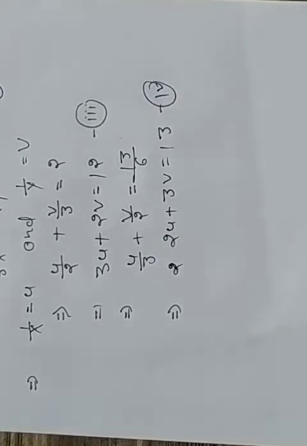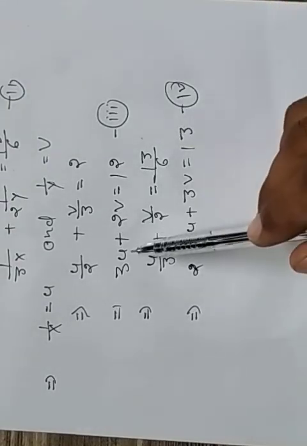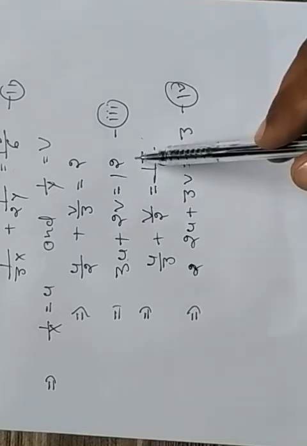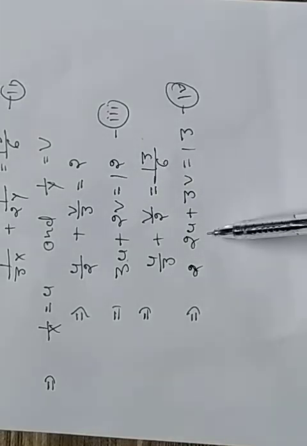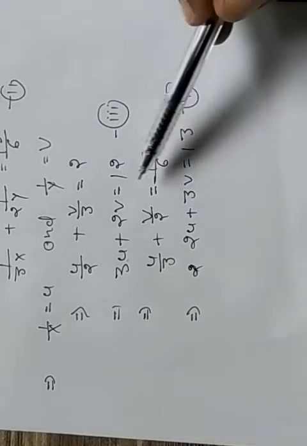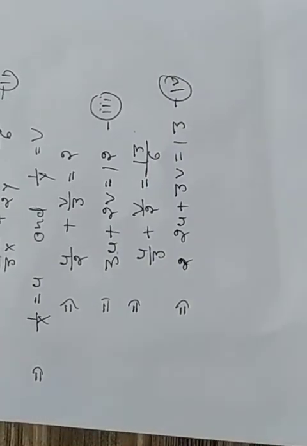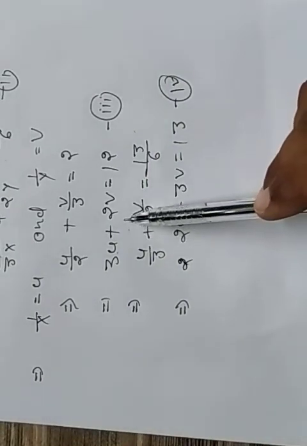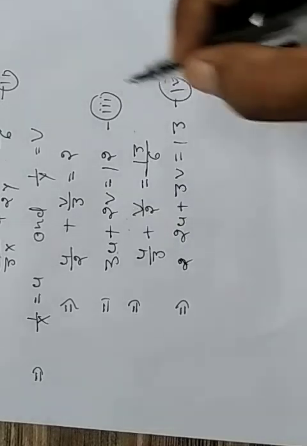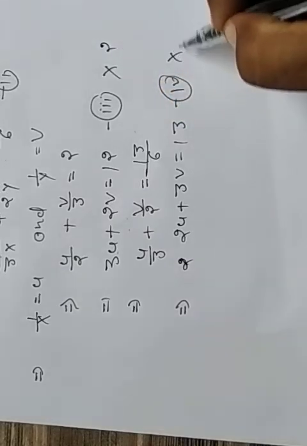Now see students, we are getting two more equations, 3 and 4, in the form of a linear equation ax plus by plus c is equal to 0, and the same here. So now we will solve both equations and find the values of u and v. Then see, how can we find the values of u and v here? Students, we can multiply this equation by 2 and this equation by 3.